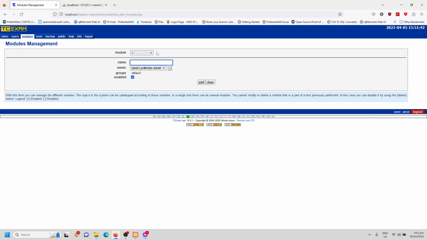So we can say steel design, for example. And of course, it's going to ask for an owner, so I'll just add here. We now have a module for steel design. Now over here at the bottom right,